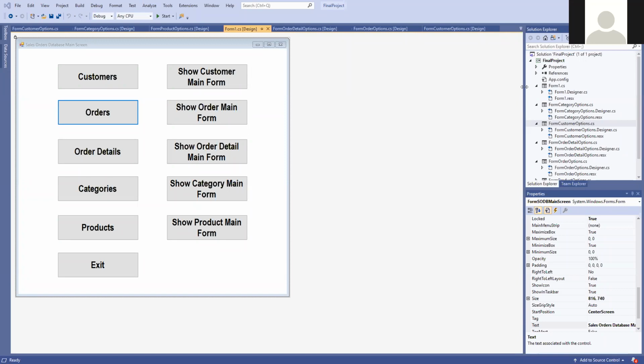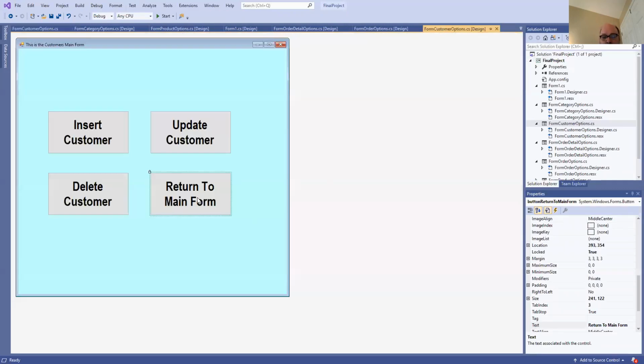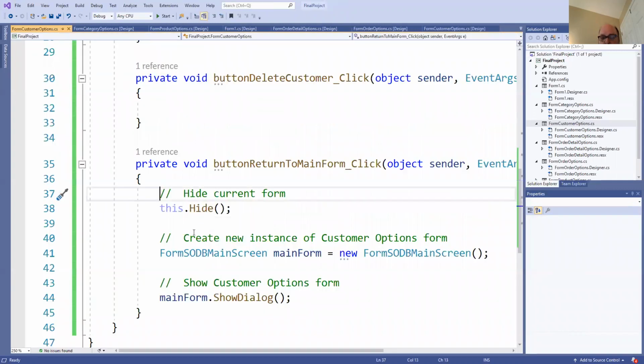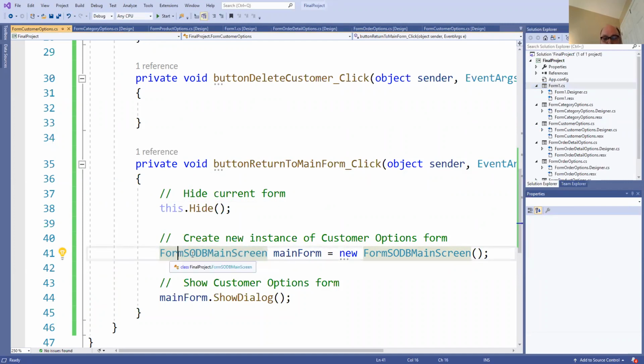Okay, now if you remember, what I did was I went over to the customer screen here. All right, and where's the design? And double clicked on this. What I had in here was Form 1. Yeah, that's the name here, but that's not the name of it. The name actually of that form is, if you remember, when we created it, form SODB